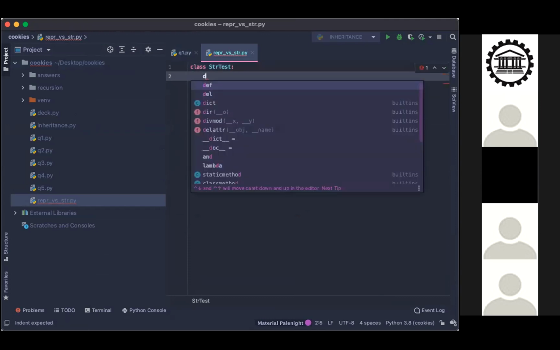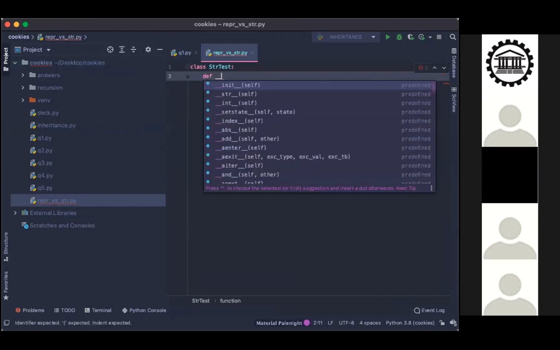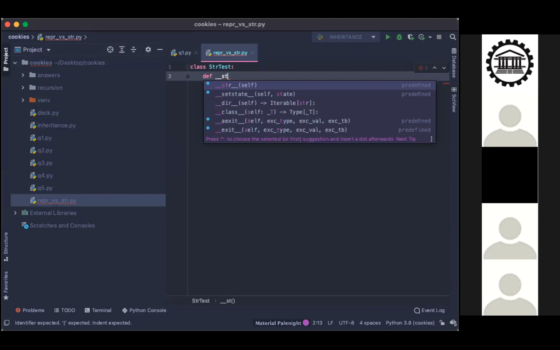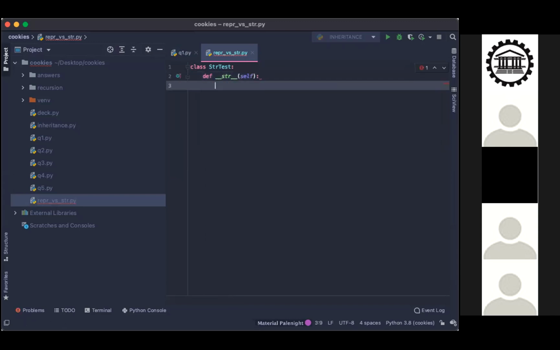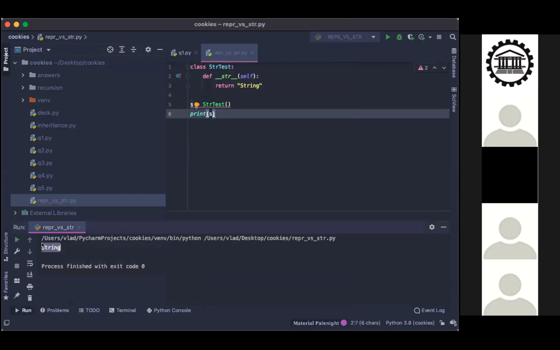And in here we have the def str. As you can see here, it's a predefined function or a built-in function. And then here, we could do something like return string. And so then if we would create s equals str test, we would initialize that. So we'd have the round brackets. And then we print s, it'll return string right here.